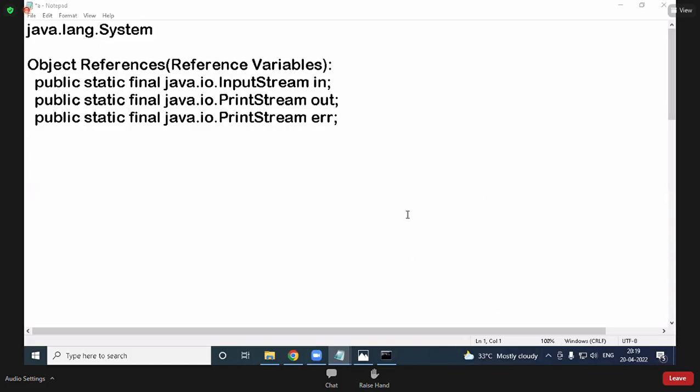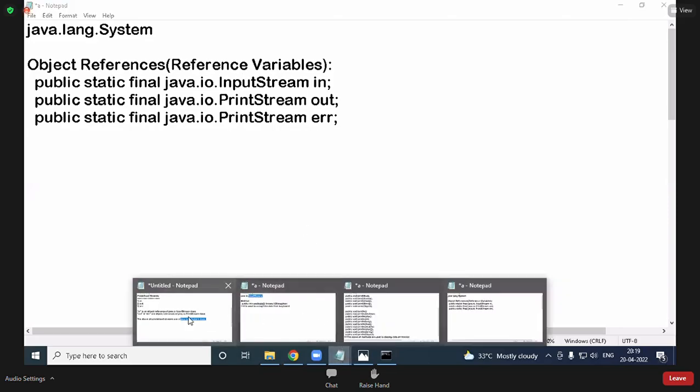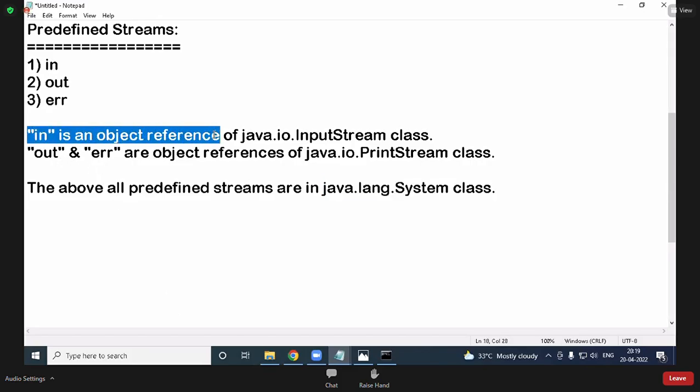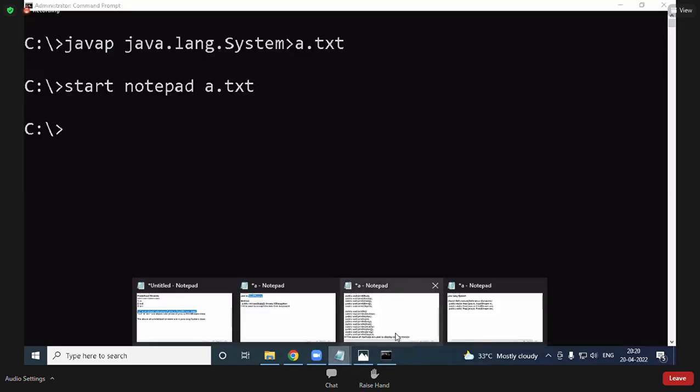Now, what is in? Object reference of which class? Confusion started. In is an object reference of InputStream. I already gave notes, no? I gave them only five minutes back. Now listen with more concentration.